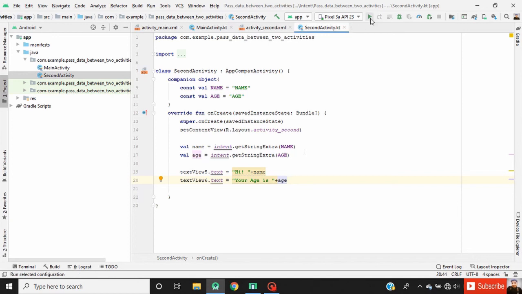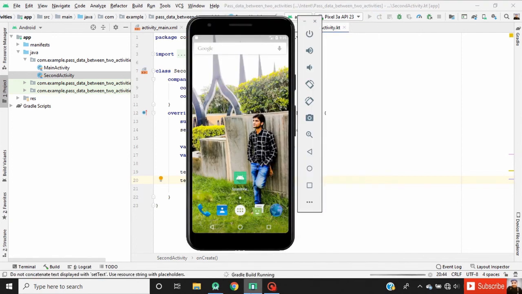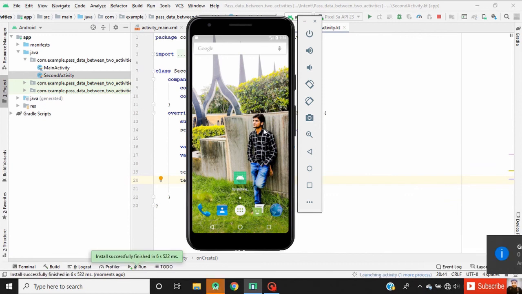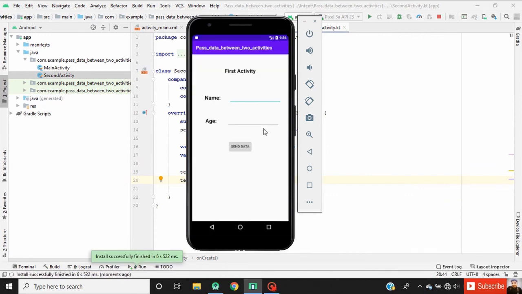Now we can test our application. Here give the name and age. When we click on send data button, our data is passed to the second activity.